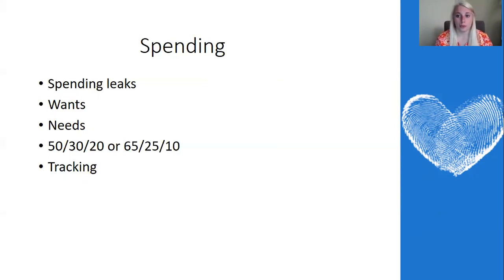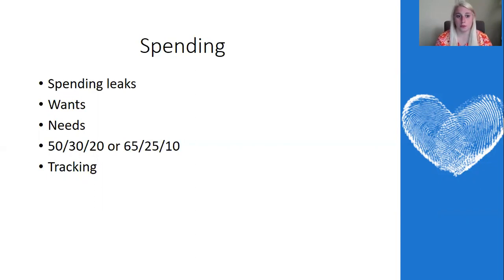So most people probably start out at the 65-25-10 rule. As you make adjustments and you work on that budget and you really work on increasing your income and different things, hopefully you can move into that 50-30-20 rule, where you're now spending 15% less on the necessities and you're spending 15% more on those savings and those wants that you have.